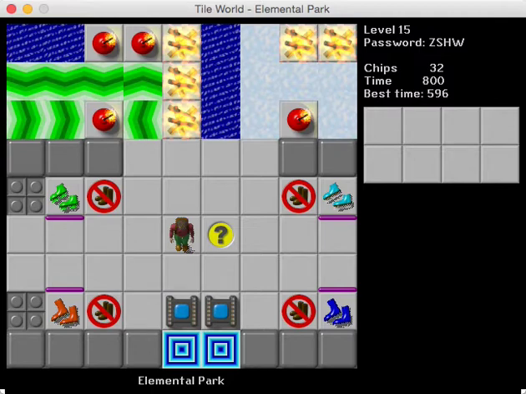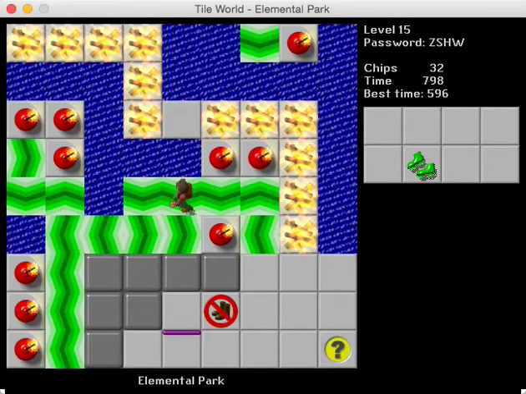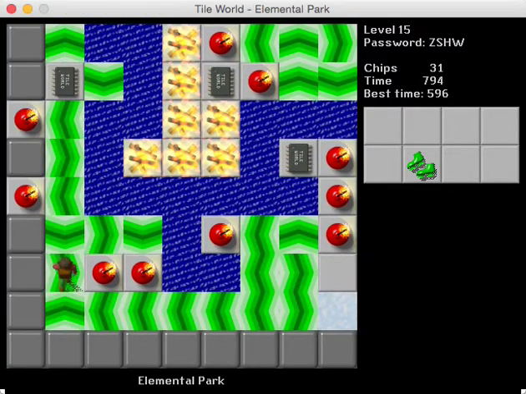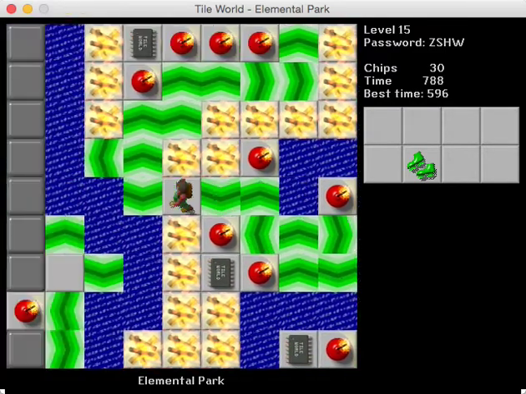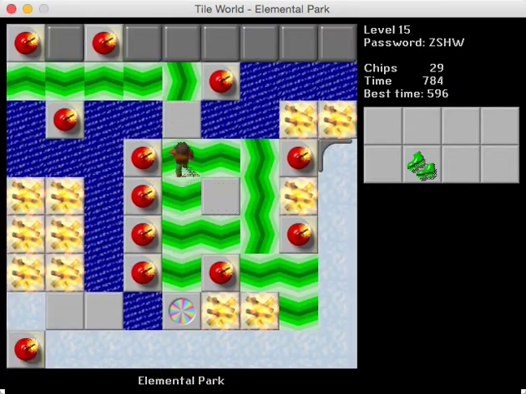Elemental Park. Hoo boy. This is a fun level as far as mazes are concerned, but it is a long level. I'm going to just say that right now. And this made it into CCLP 3, and fun fact, originally there were chips on the edges of the level such that you could touch the border and stuff. And in CCLP 1, almost none of the levels had touchable borders. So,